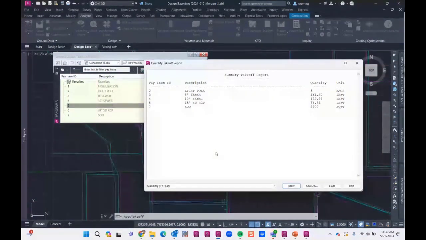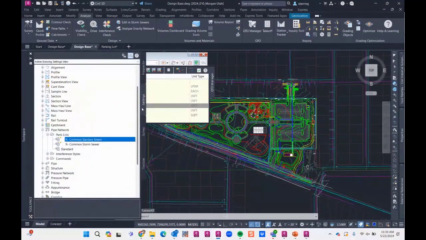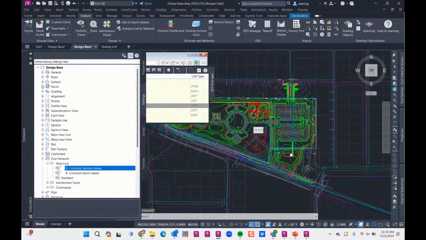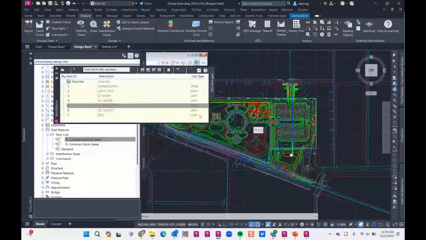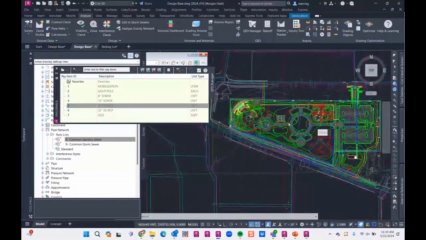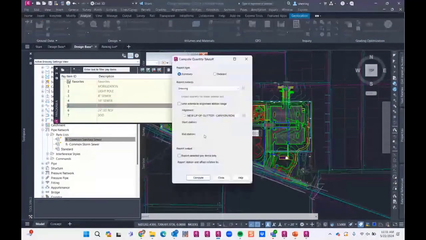So the biggest thing is in the setup. The biggest thing is getting your pay item list set in that Excel file. If you go through the effort of doing it in your settings, in your template, because again, you can assign pretty much anything a pay item. Those are the two biggest things. And I think that's probably why most people don't use QTO, because the setup's a pain. But it's simple. It just takes a little while. But yeah, that's about it to it. You just assign it objects and hit takeoff. So